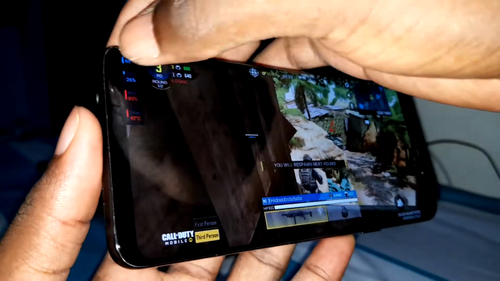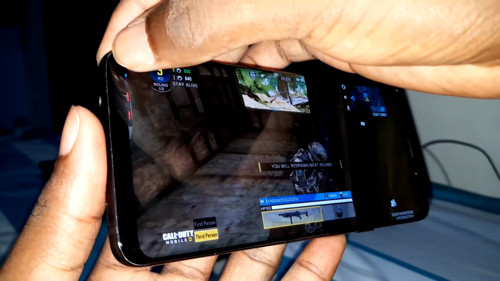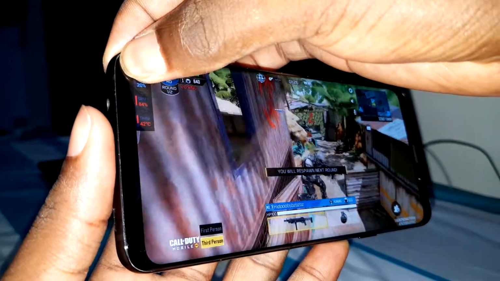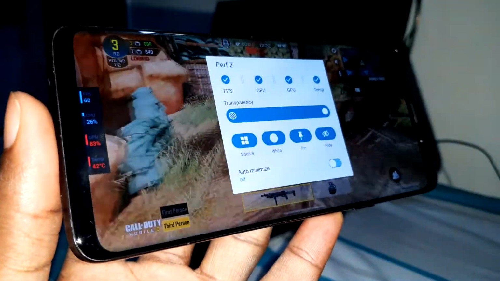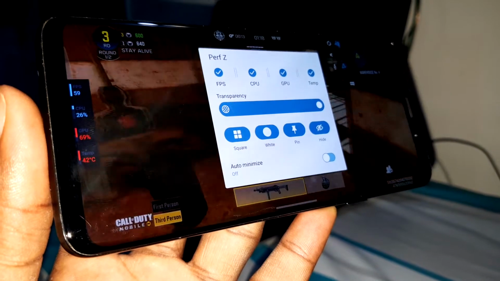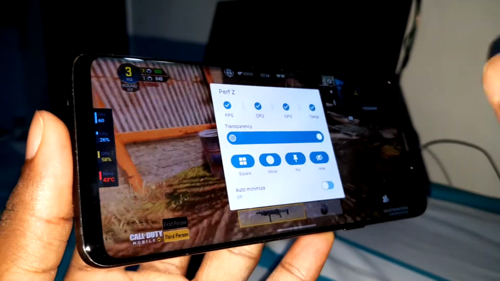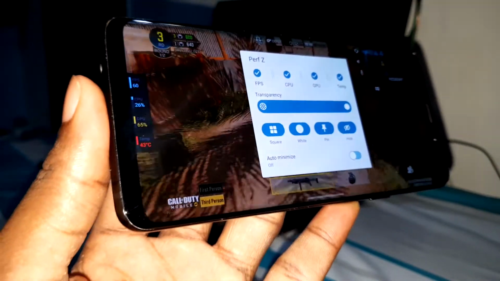I want to press and make the settings appear. Okay, look at my setting. This is my settings. Okay, thank you. You can also do the same thing and have the possibility to make your own choice.